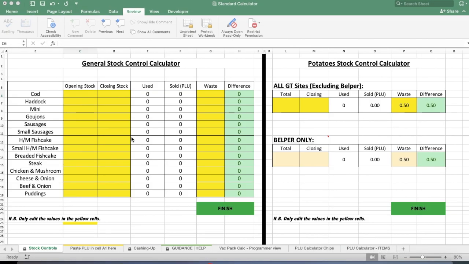So the final part of this video, part 3, I'm going to model now how you would add a new PLU item to the calculator. So this might be if a new pie range comes in, you've got new offers, anything really. You might have a new burger that's been introduced to Chilwell, or anything really. The example I'm going to use to model how we'd change and reprogram the calculator is the February offer,